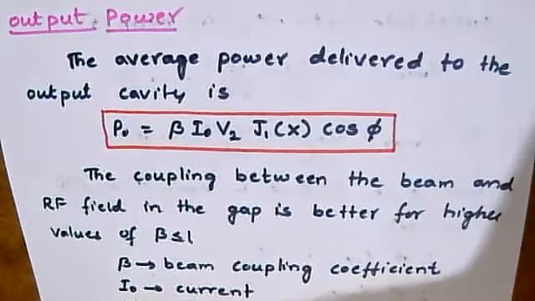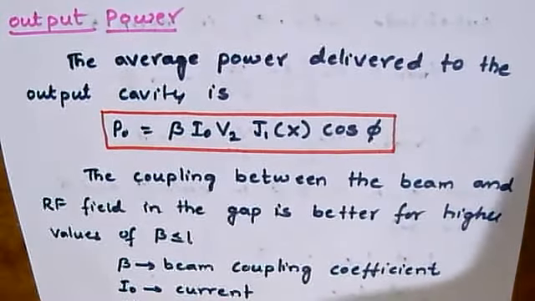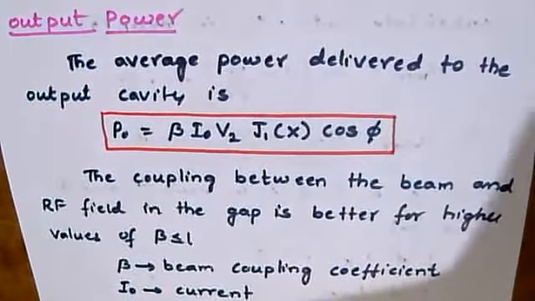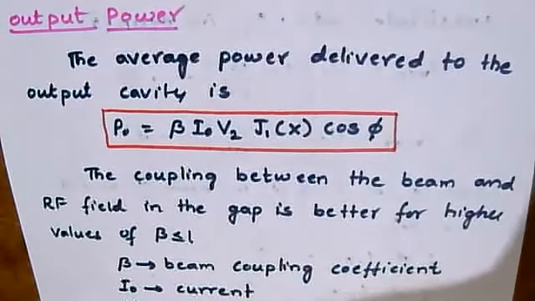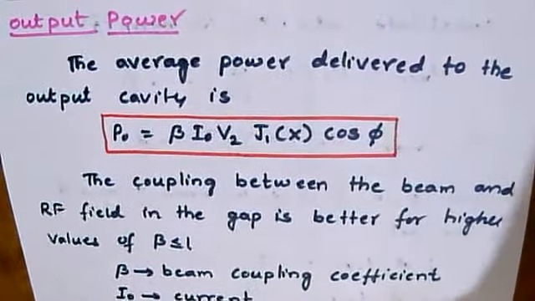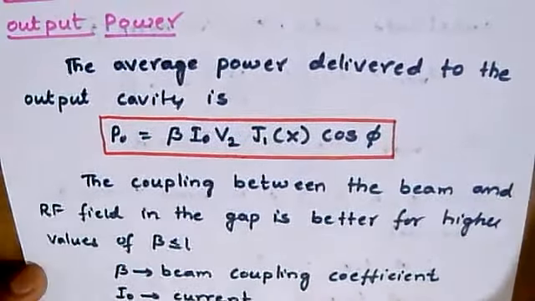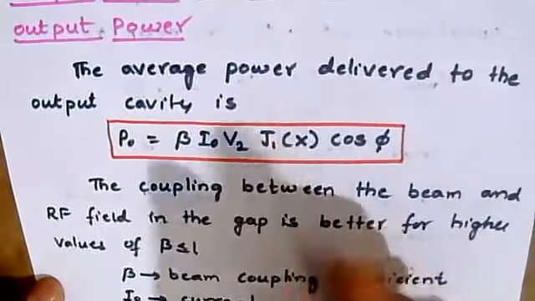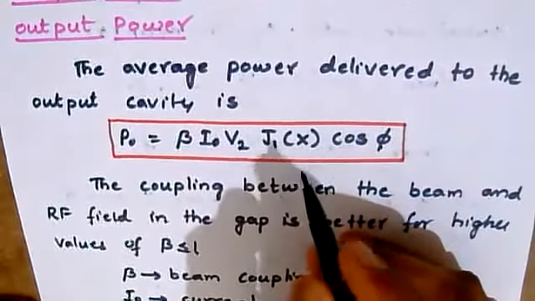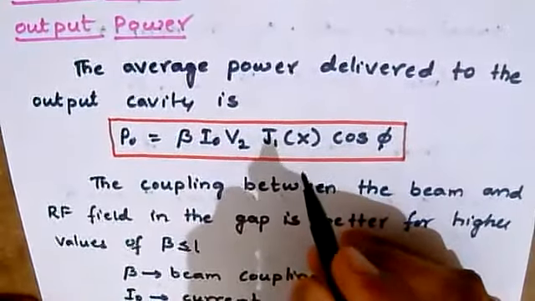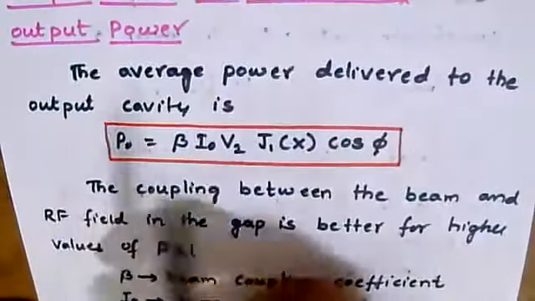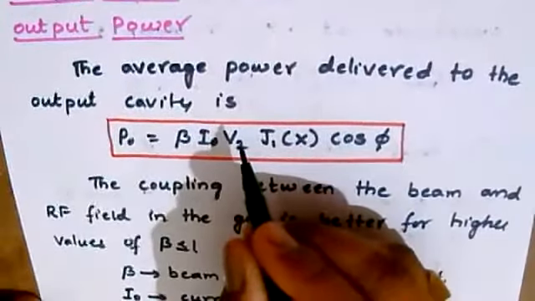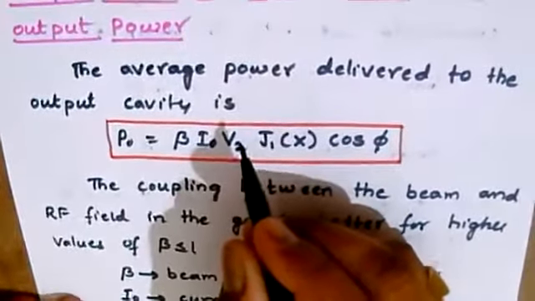Yes, fine, and I am getting the responses that the input cavity is called a buncher cavity and the output cavity is called a catcher cavity. Fine and good. I expected a few more, but very few have been responding. So please be attentive and listen to the class till the end. I insist on each and every point, whatever comes out will be considered important.